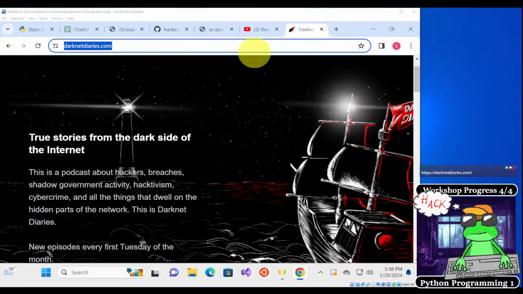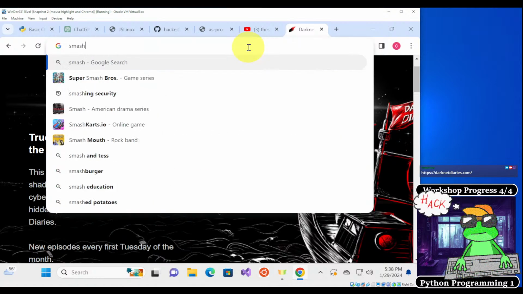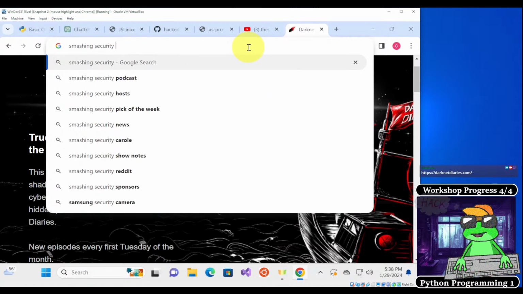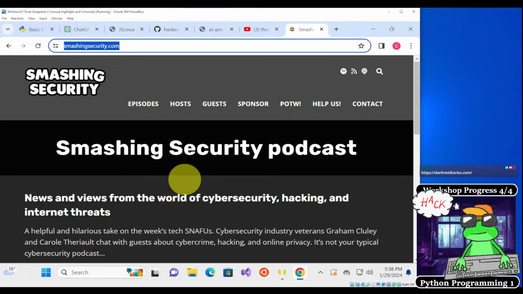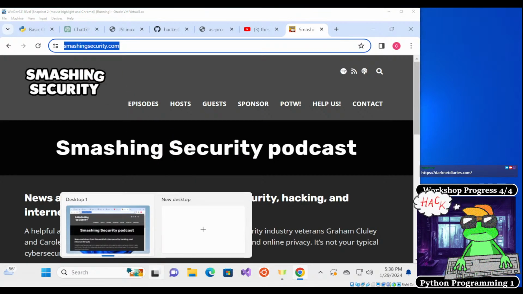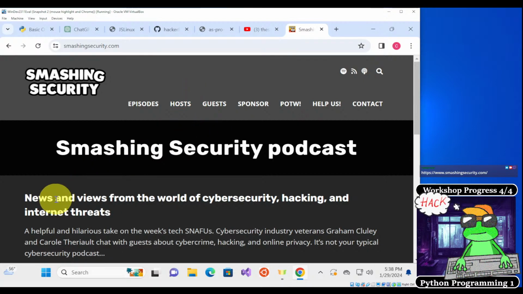And there's also the Smashing Security podcast, which is another podcast which is more of a humorous take on cybersecurity. They talk about cybersecurity news, but they also try to inject as much humor as they can while they're talking about it, because talking about cybersecurity can get very serious and very not fun very fast if all you're talking about is people getting hacked.